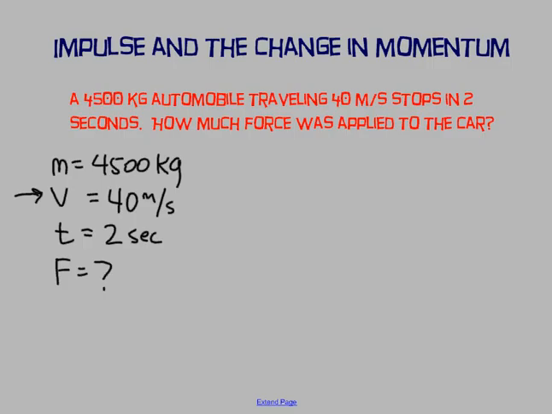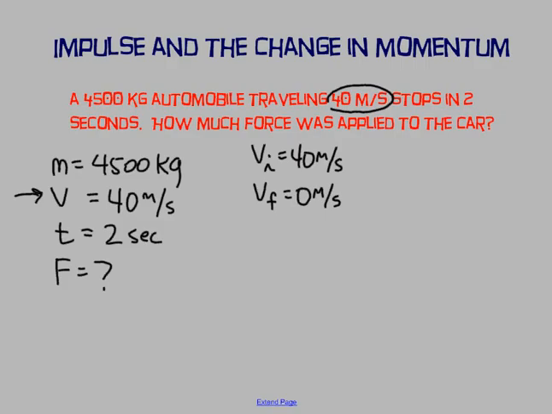We can have an initial velocity, we can have a final velocity, we can have an average velocity. Well, what is it talking about? It says the automobile was traveling 40 meters per second. So really that's going to be similar to what we've talked about before: an initial velocity of 40 meters per second. And then what's it going to do? It's going to stop. So we really have a final velocity of